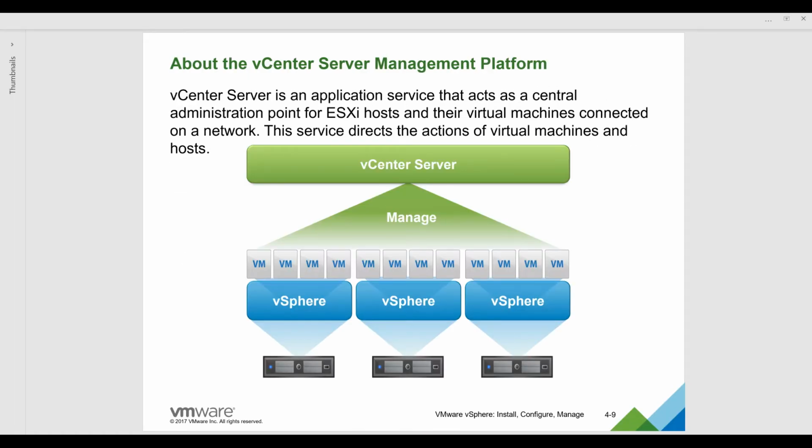So what about the vCenter Server management platform? We just talked about it. It's an application service that acts as a central administration point for all of your ESXi hosts and their virtual machines connected on a network. That service basically directs the actions of virtual machines and the host. So we have our vCenter Server sitting up here at the top. We have host 1, host 2, and host 3. Within each host, we have